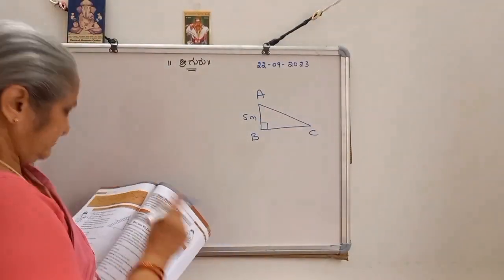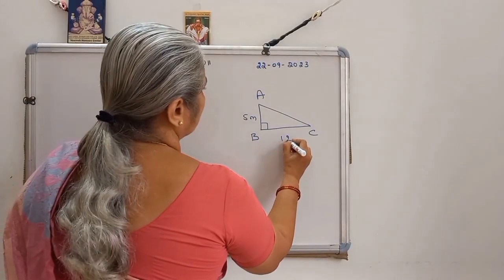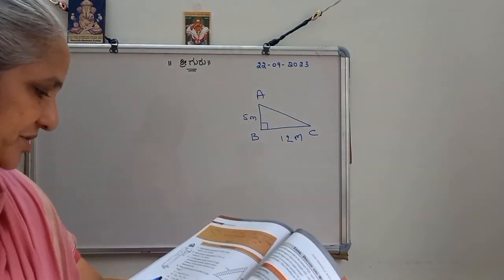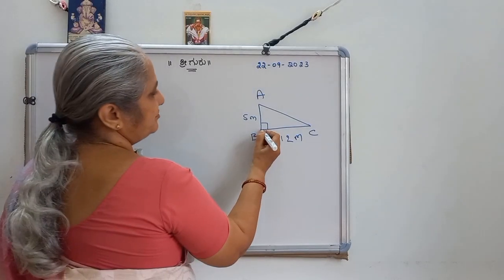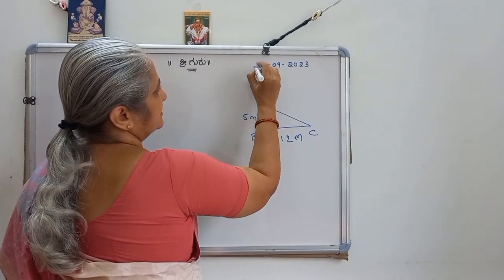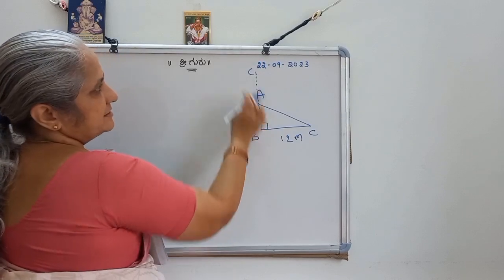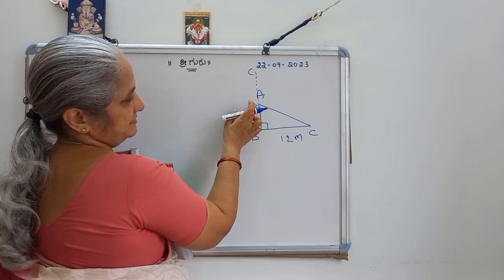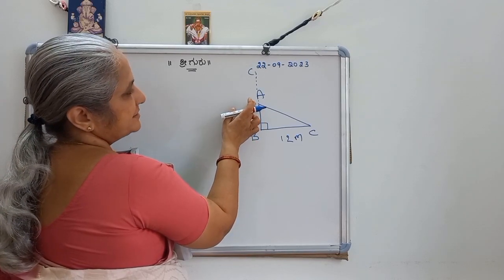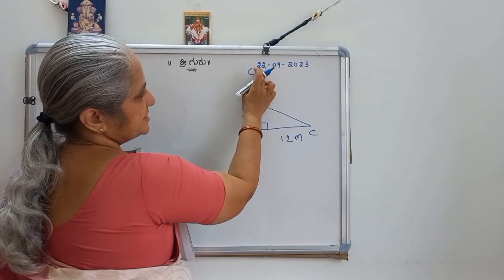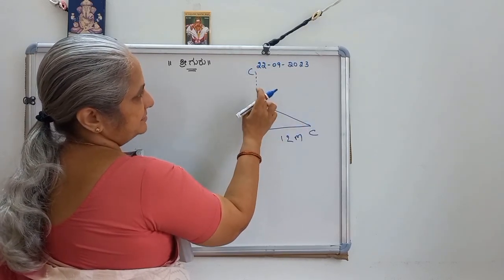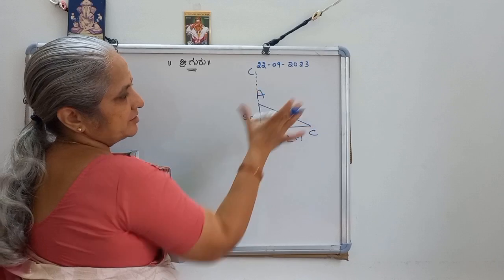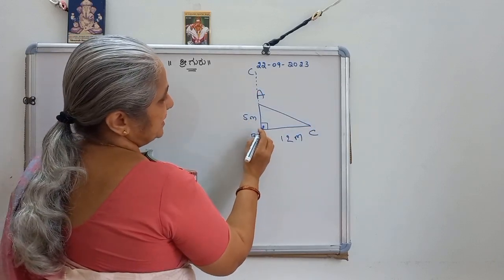12 meters. Find the original height of the tree. What is the original height? B, A, C. This is C. This is the tree. CB is the tree. And it breaks at 5 meter height and it touches the ground. This AC touches the ground here. The upper part of the tree, when it breaks down, touches the ground at C. Therefore, the original height is